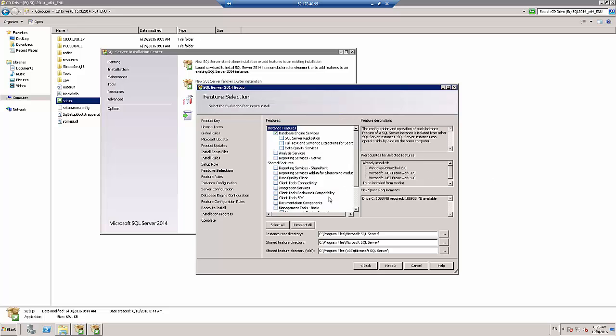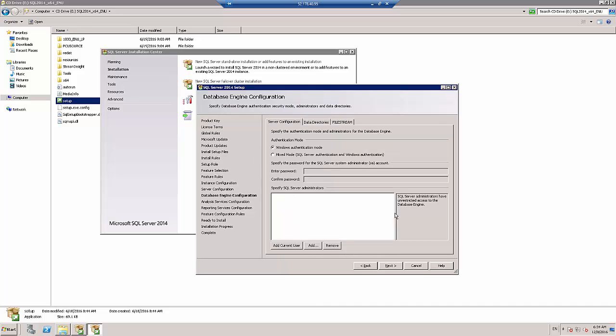Then you will need the full text semantic service, and you will also need the analysis service. Well, yes, if you are using reporting services for your TFS installation. Okay, I'll be quick, I promise. Okay, so